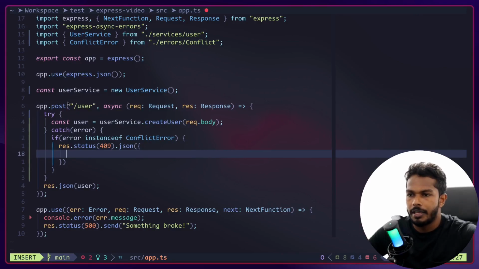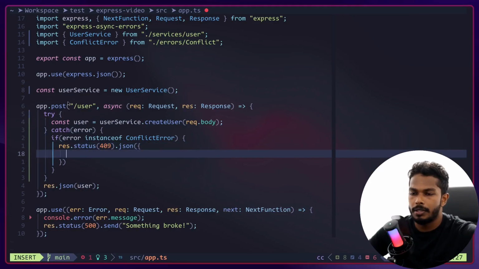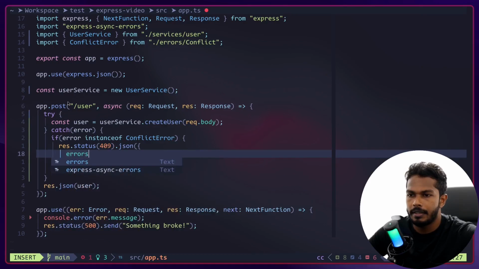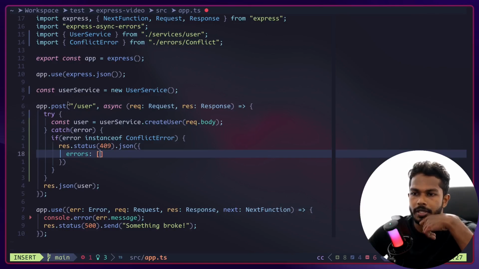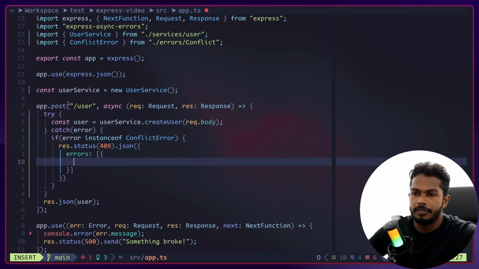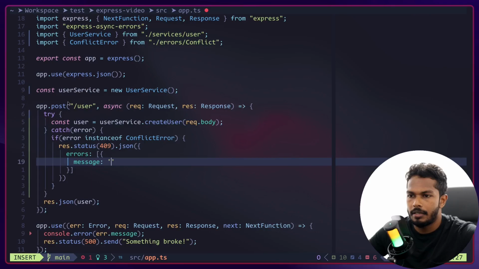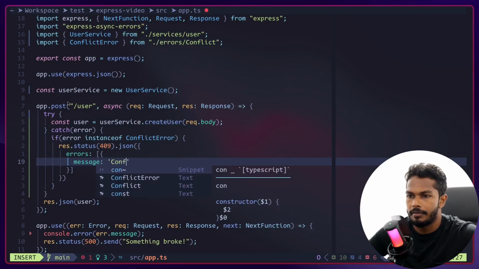error. I would like to have an object as the root payload, and to have errors array, array of errors, because sometimes we want to send more than one error. So just for the sake of consistency, I'd like to have errors property, and that's going to be an array. Within there, I can define the first error. In this case, we only have one error. And I can have message property,